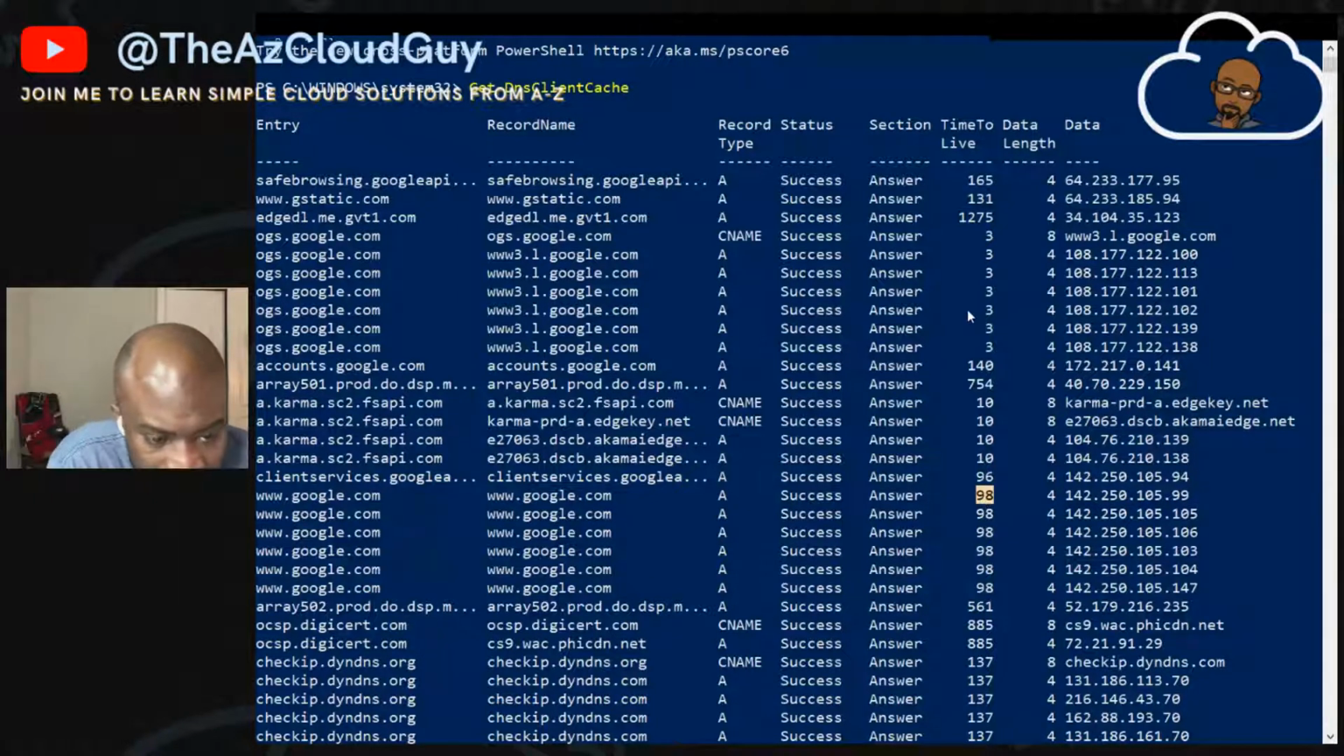This time to live value is in seconds, right? So what this means is that in 98 seconds, this record may change, right? And what you want to happen is that because DNS works on a caching system,